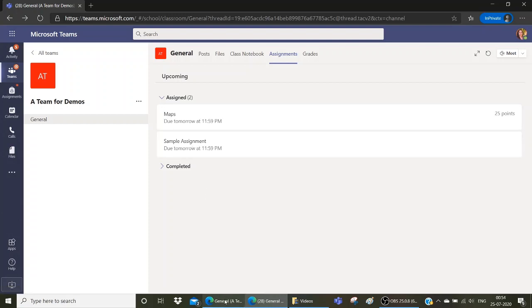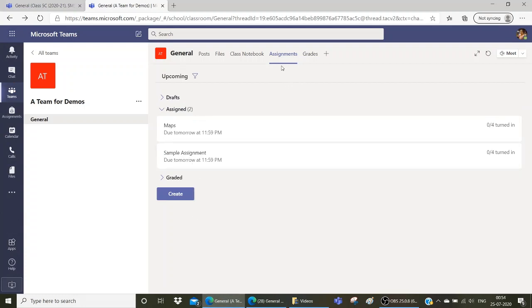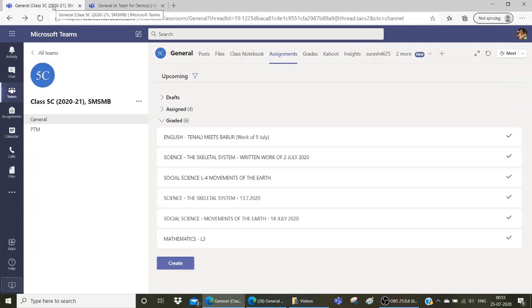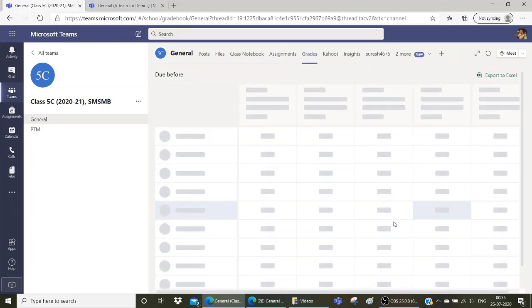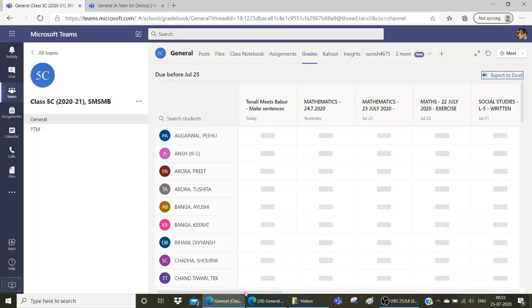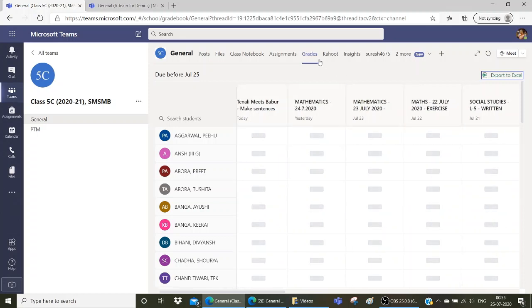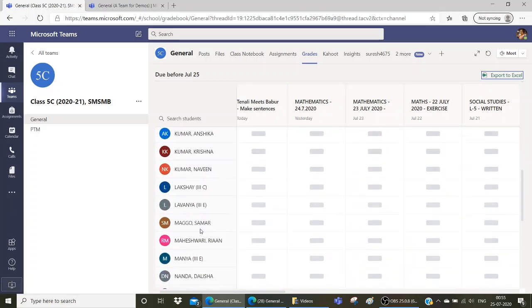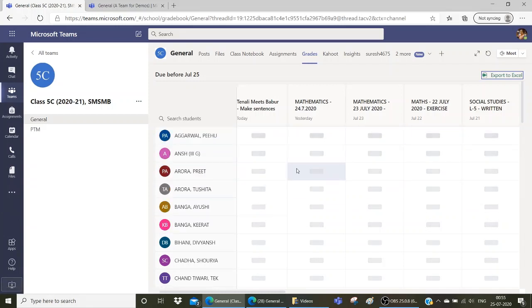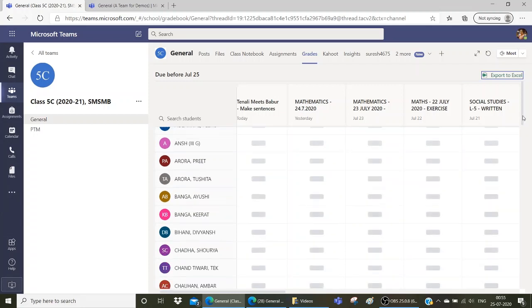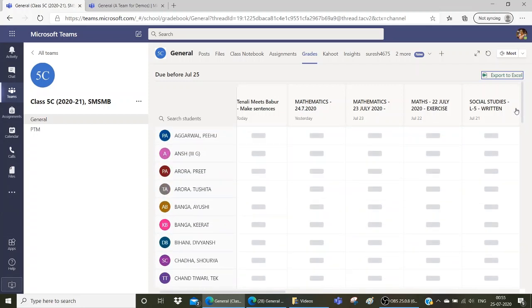Moving back to the teacher's view, here we also have the option of taking a look at what all submissions have been done and graded and are still pending for review from this tab called Grades. So this just gives an overview. At the top you see the names of the assignments, and here there are the names of students who are there in the particular class, and once this comes up, you will see all the details of whether the assignment has been submitted, whether the assignment has been returned, and so on.